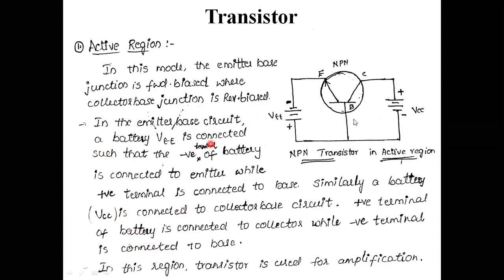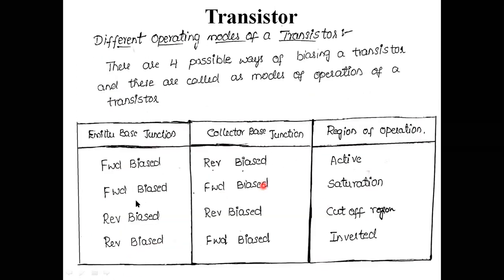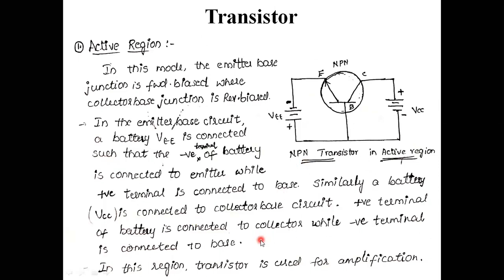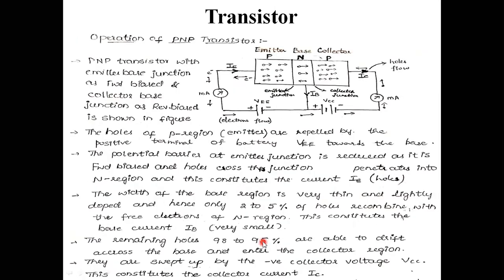And how it is going to be connected using this symbolic notation of the transistor with respect to the power supplies, that is VEE and VCC. We need to explain depending upon these conditions, reverse biasing, forward biasing, and so on. With the modification in the biasing condition of the input and output circuit levels, we need to draw each and every circuit diagram like this. And next is the operation of PNP transistor and the operation of NPN transistor. We will see the operation of the PNP as well as the NPN transistor.